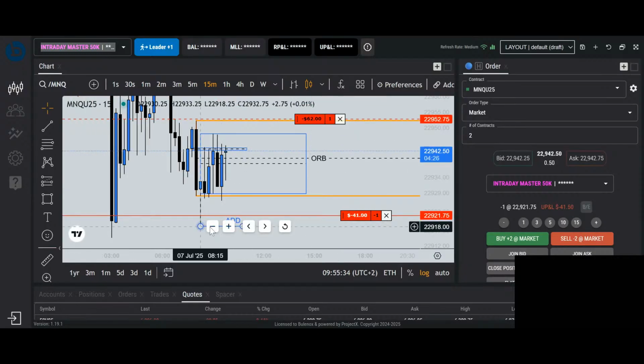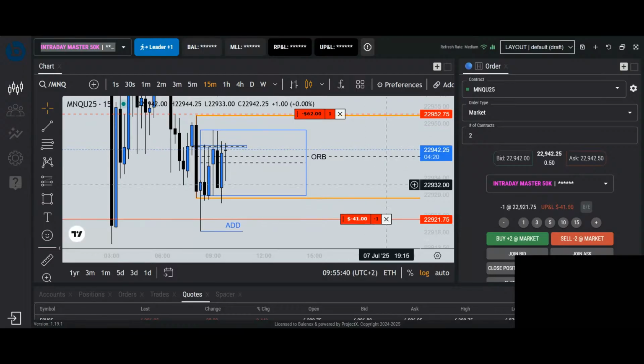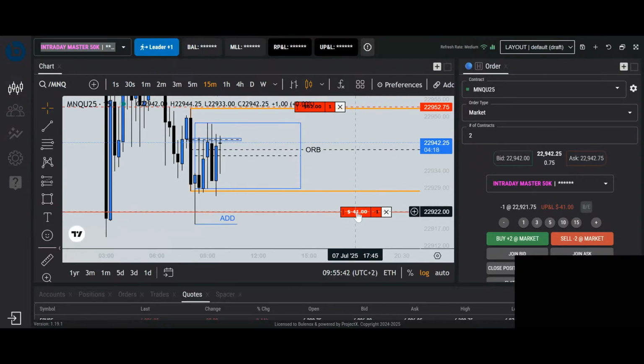This is more secure. This is a bit riskier, but a higher R collection, of course. Because instead of your entry being here, if you would add an extra 5 contracts up here for a half R, I believe your entry would be here somewhere around the center of the orb.